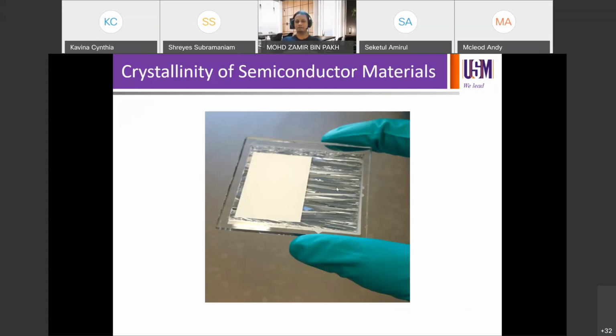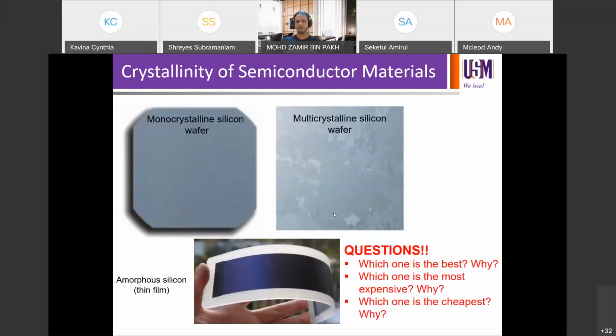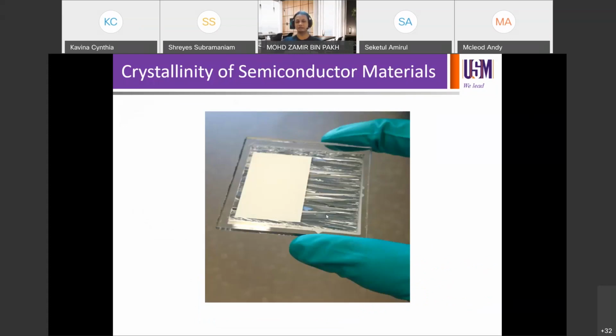So what do you see here? Isn't it the same with this? You can see different reflection levels, right? So you can see a bit whitish in some areas, and then a little bit of light gray in some other areas, and some areas have dark gray in color. So it's poly in nature. You can also call that multi in nature. So this one is multicrystalline